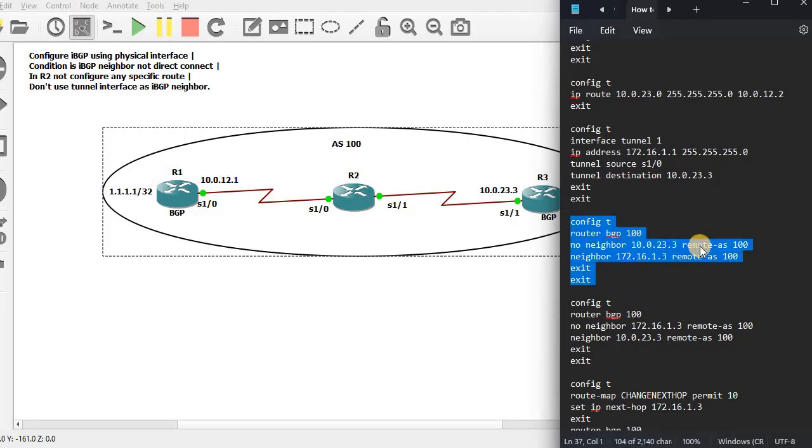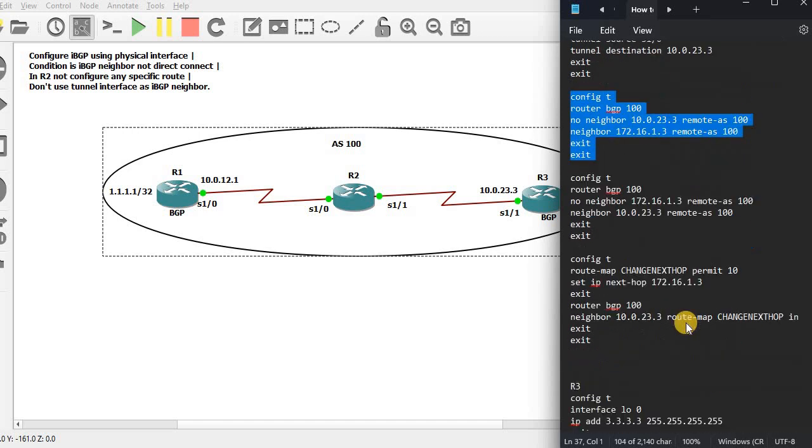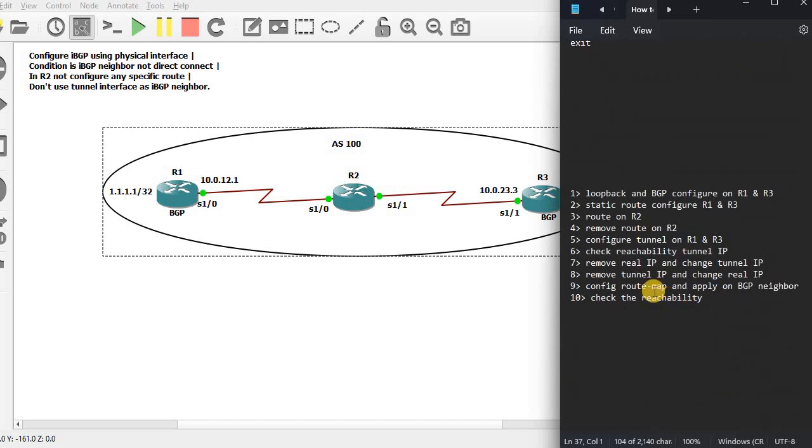We remove the real interface IP and use the tunnel interface IP, then we check whether the neighbor is reachable. The neighbor is reachable at that time, and then we remove that. After that we reverse that configuration, again removing the tunnel IP and using the real IP. Then we did the route map and applied the neighbor